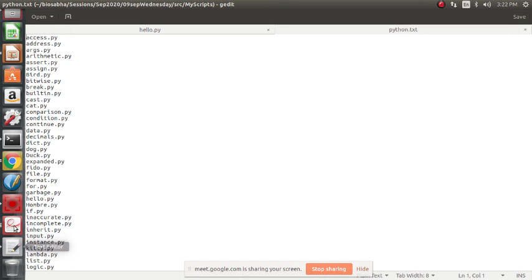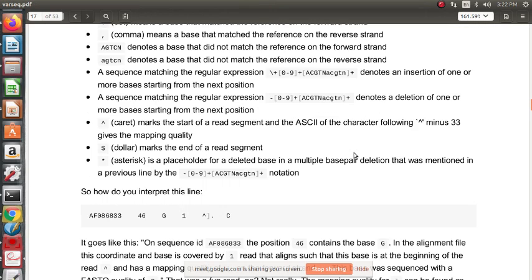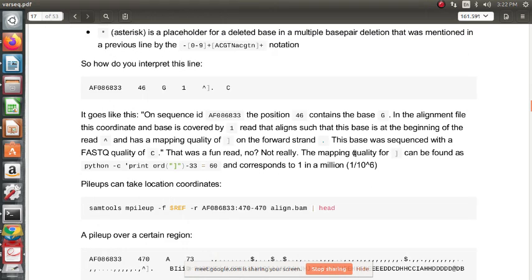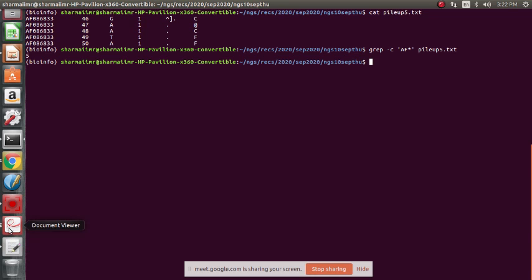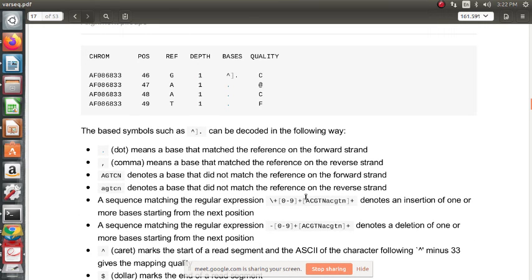So these are the various ways we can see the pileup regular expressions. Let us see the first line itself. The first line reads like this. Here this column in the pileup is the bases column.